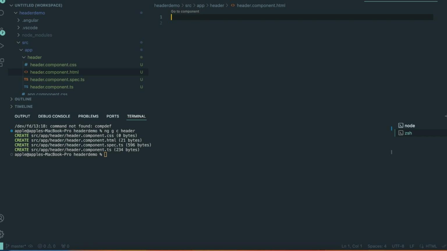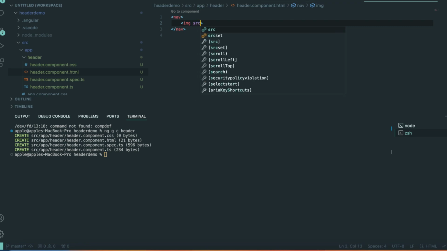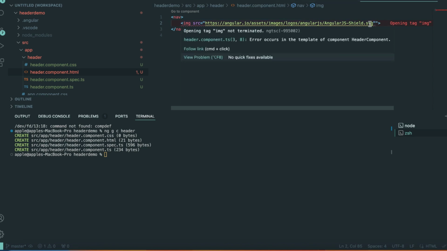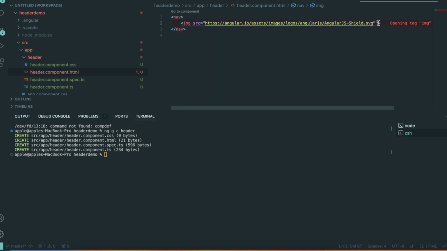So now I'm going to add an image here. For this one I'm going to use, for instance, the nav tag, and inside the navigation I'm going to add the image. For the image tag I will use the source. I already have the link of the Angular logo, so you can also use the same one. I'm just going to use the existing. So the next thing that I will just create